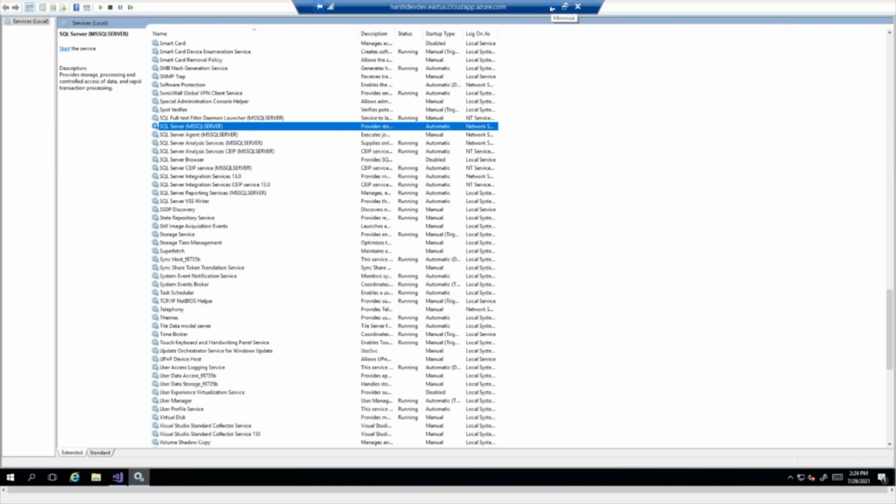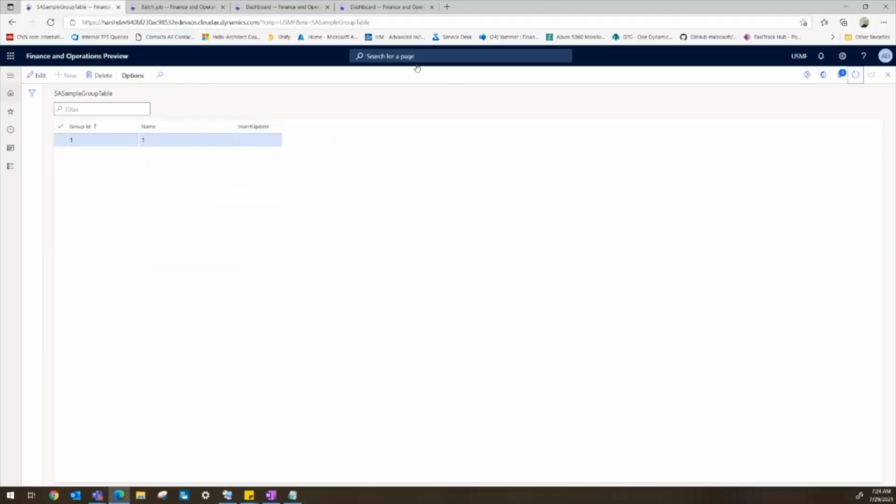So what happens from an interactive session perspective? If I refresh my screen, it will not respond, because there is a SQL transient issue right now. SQL Server is not available, so from an interactive session perspective, it will not respond.